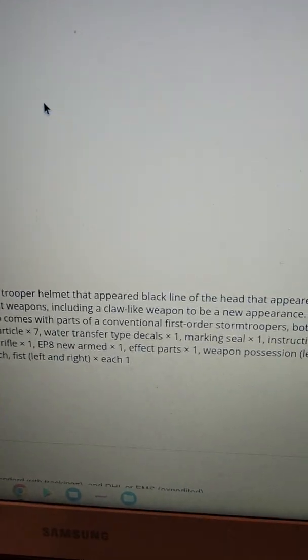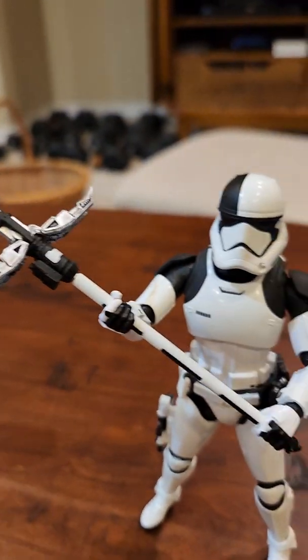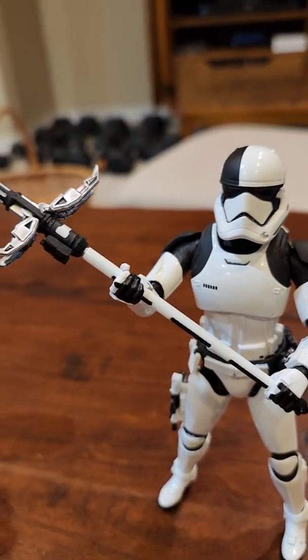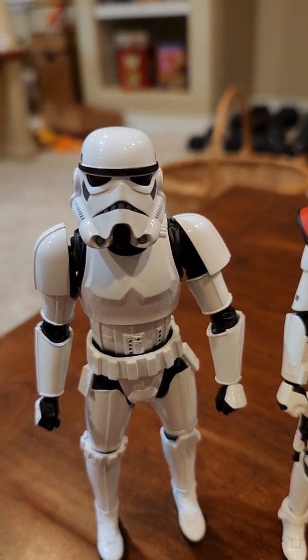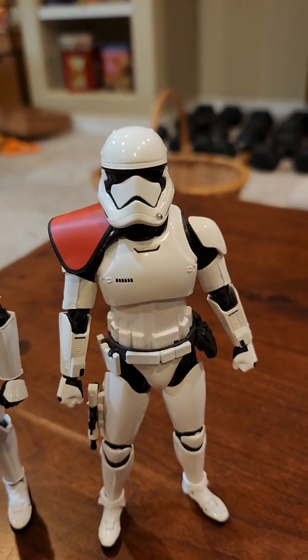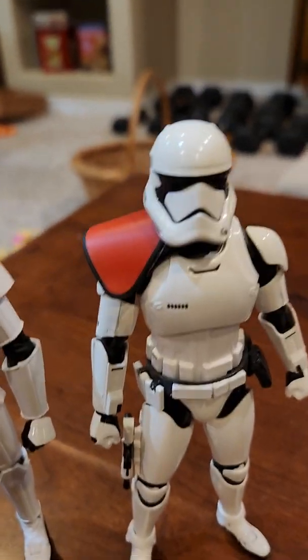I like to refer to it as a claw-like weapon. That is the laser axe. This is the third of my Bandai Stormtroopers. So I have the original Stormtrooper from A New Hope, and I have more of a regular First Order Stormtrooper, and this one has...